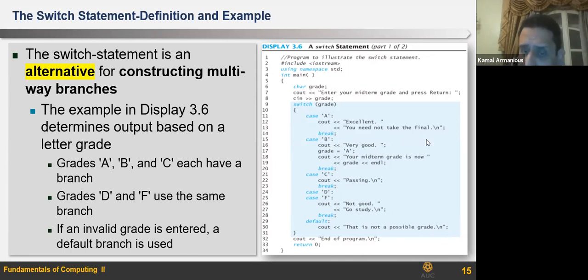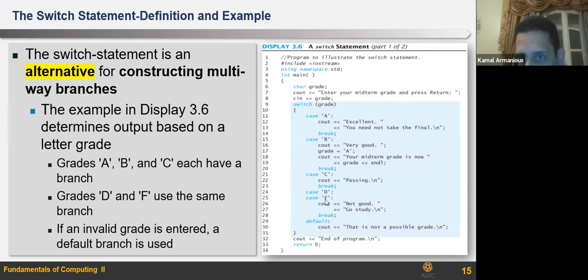So if the character is A, you are going to do those statements before the break. If the character is B, you're going to do those statements before the break. If it's C, you're going to do those statements before the break.